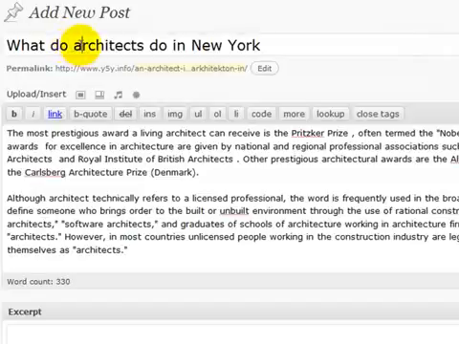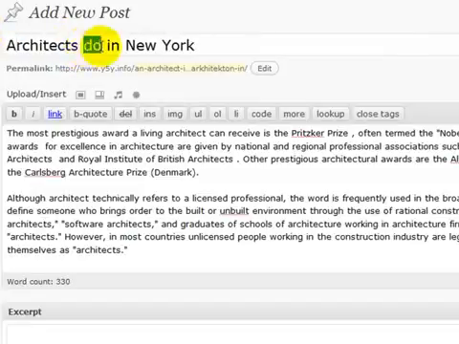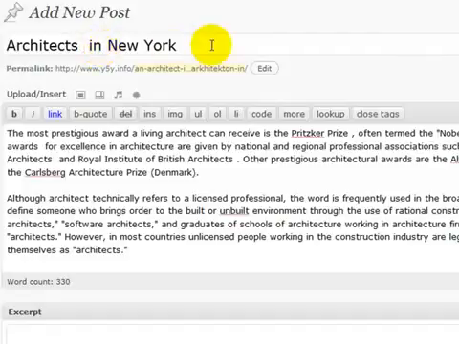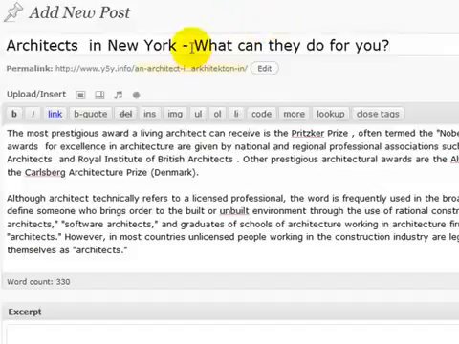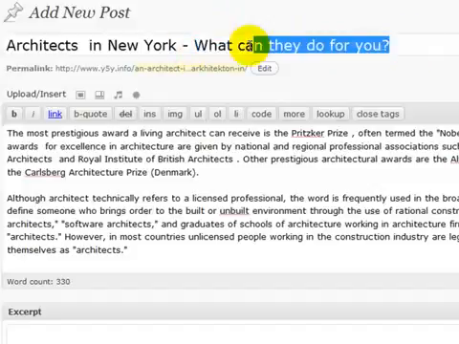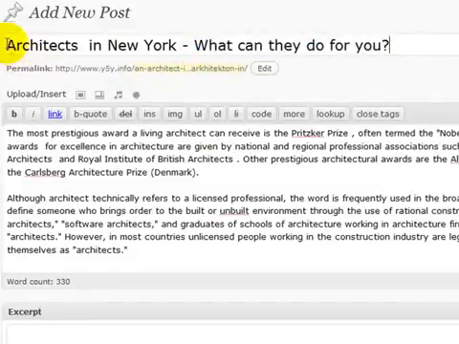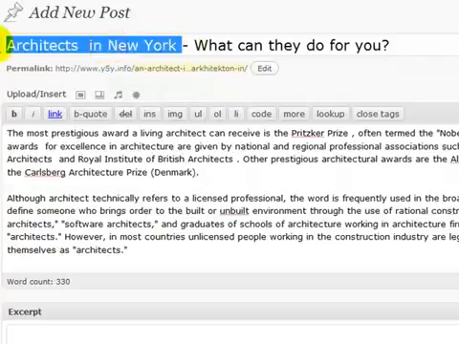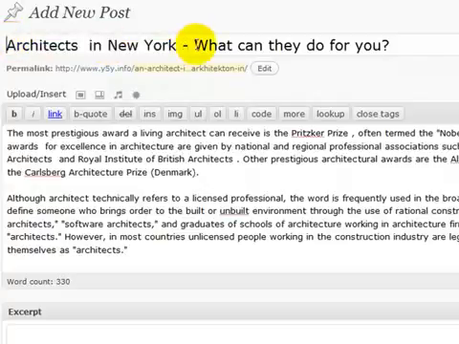I'd want that in my title. So rather than what do architects do in New York, I'd want it architects in New York. And I want it to be enticing for visitors so that they want to click and read it. So I've got my keyword as close to the title as possible, and a bit of enticement or curiosity feature